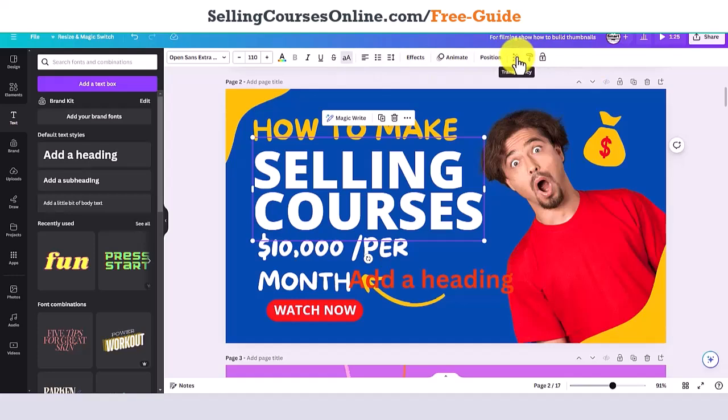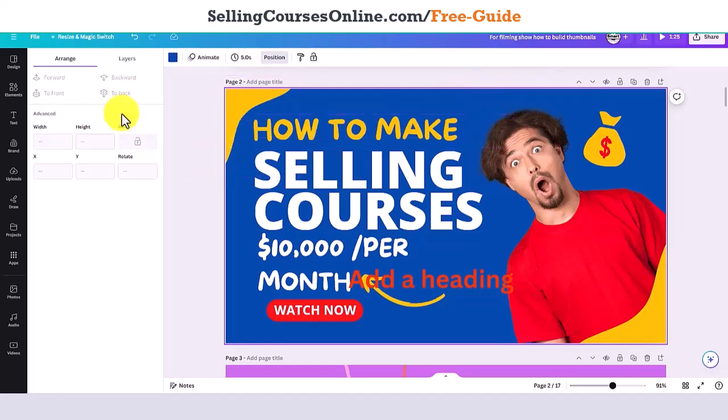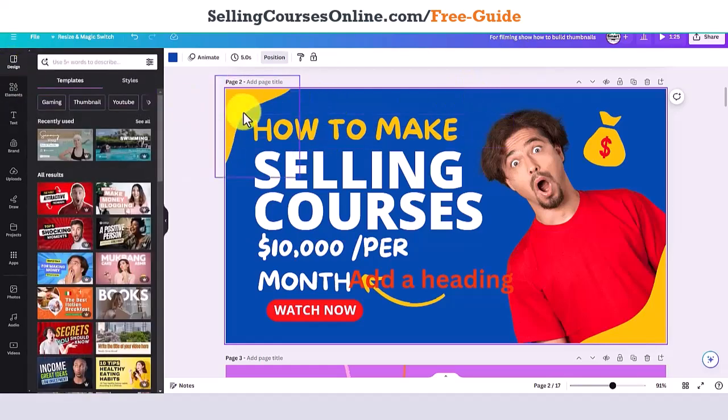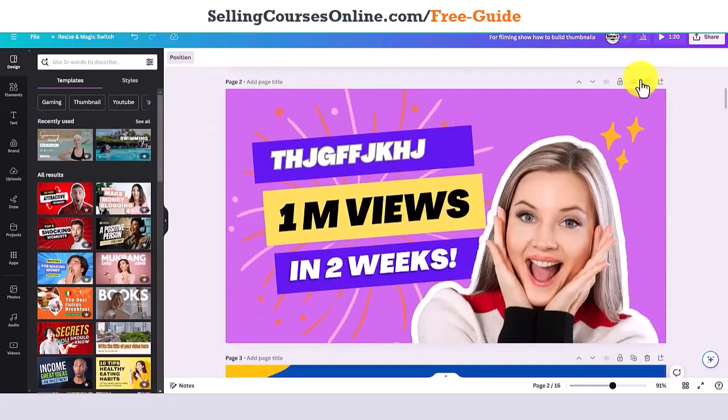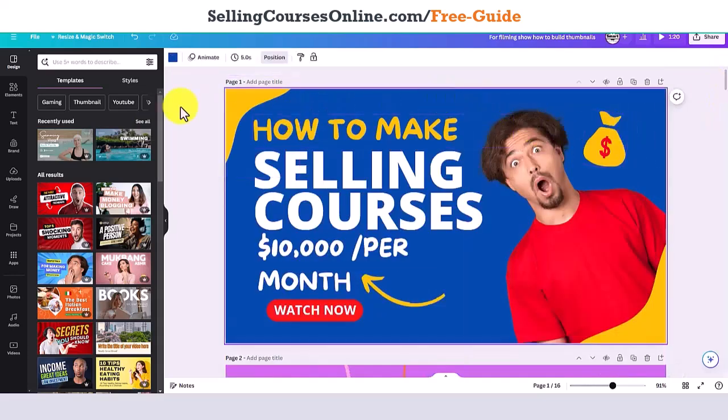Transparencies right here is very popular. Position you'll be using to move things around. Always don't forget about this and this here. Let me just get rid of this right there. If you wanted to go, like, let's say you had, I don't want to do it, because then it'll